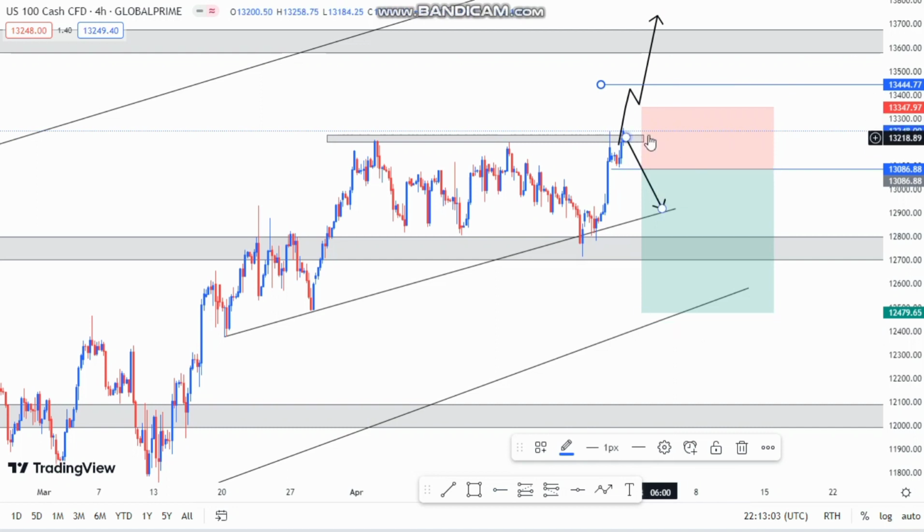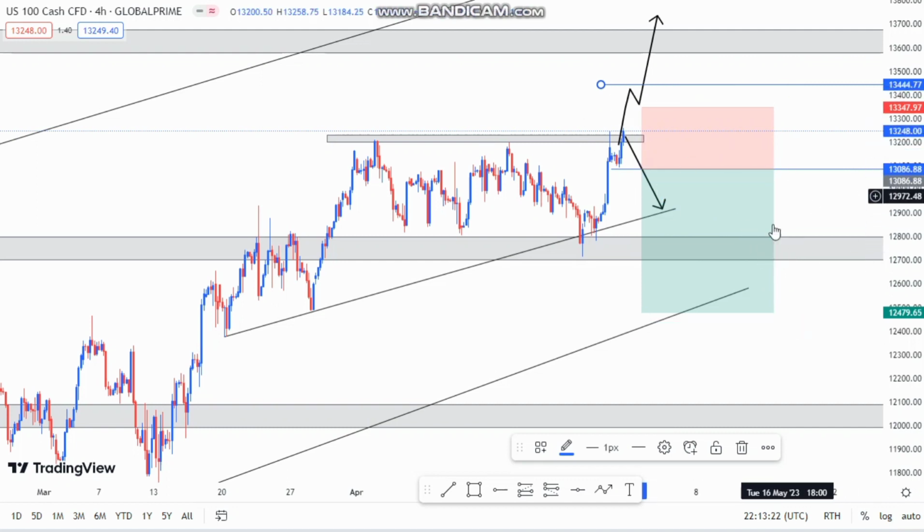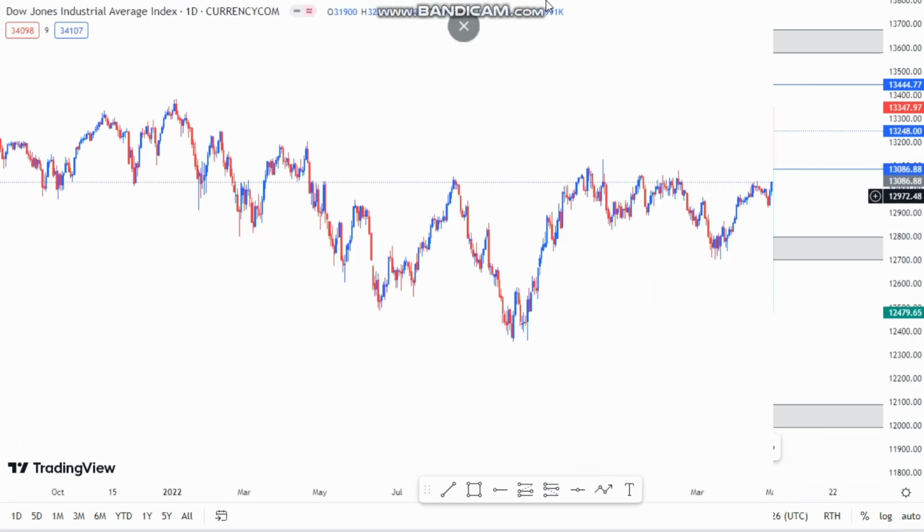But by the looks of this, I'm seeing a little bit of a retest here. I think this will be a retest, and we're going to have a push to the lower side. Maybe we could see an engulfing candlestick right over here, so yeah, a bearish engulfing candlestick pushing the market to the lower side. So that'll be all for NAS100. Let us move to